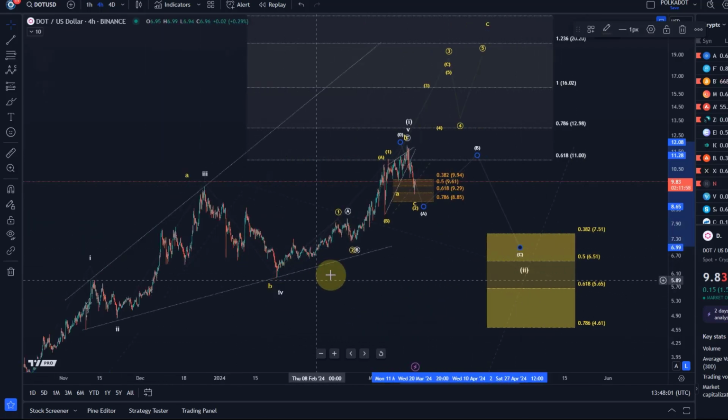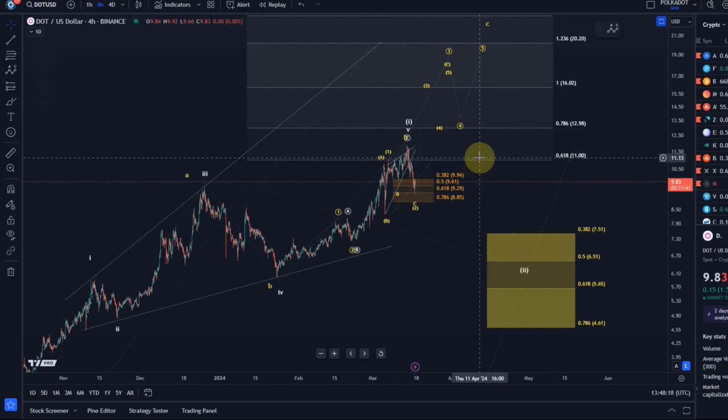And often a wave 2 finishes in the neighborhood of the previous wave 4 of lower degree. That would be here around 620, maybe here around 650, then the 50% Fib level. So it's just something to be aware of. I take the ABC structure out again because I don't have enough price data to suggest that this is really